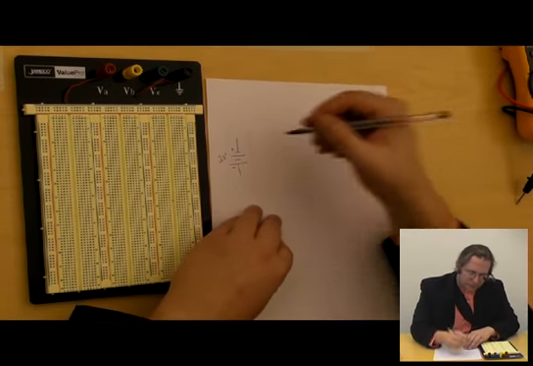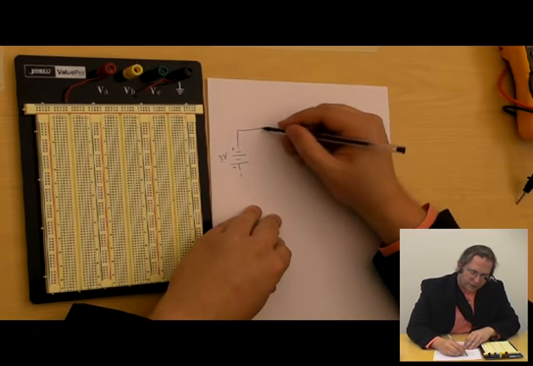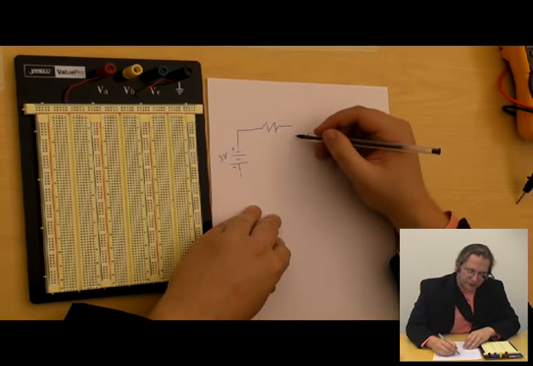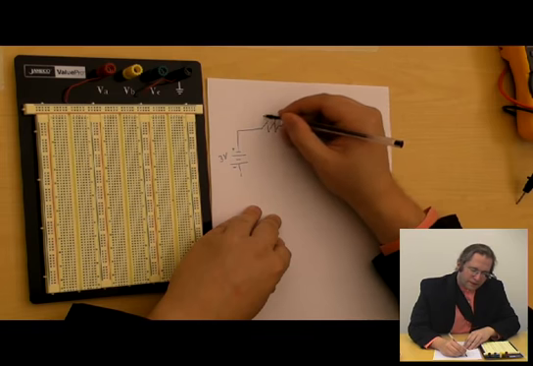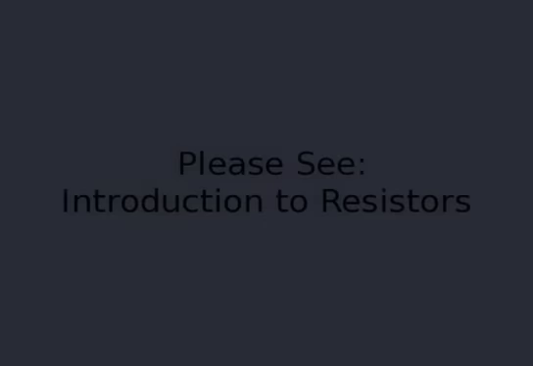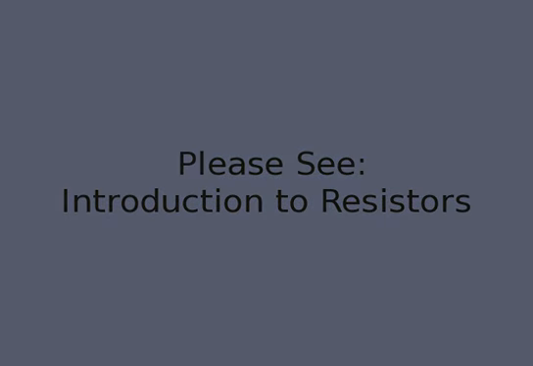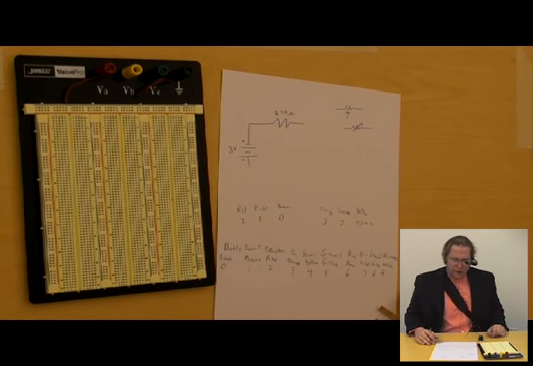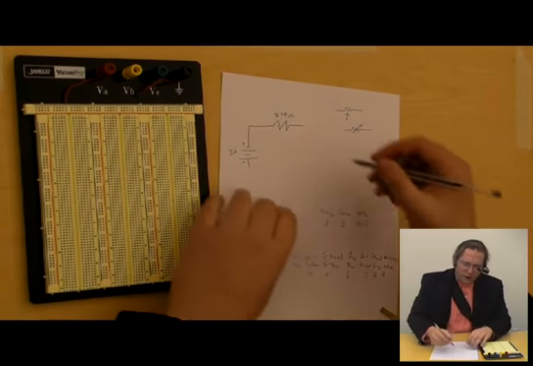Now I'm going to continue my circuit diagram. I'm going to come over here and put in a resistor. A resistor is just this squiggly line here, and generally it'll come with a value. In my case, I'm going to put down 270 ohms. So let's go back to our main circuit here. I have 3 volts, 270 ohms, and now I'm going to put into the circuit